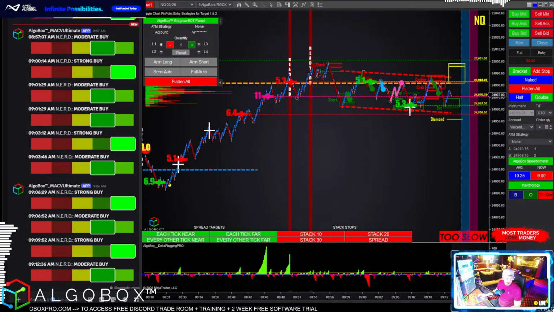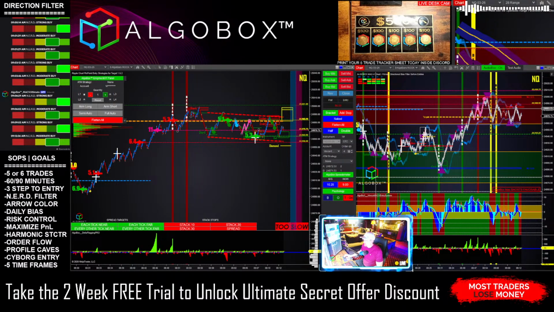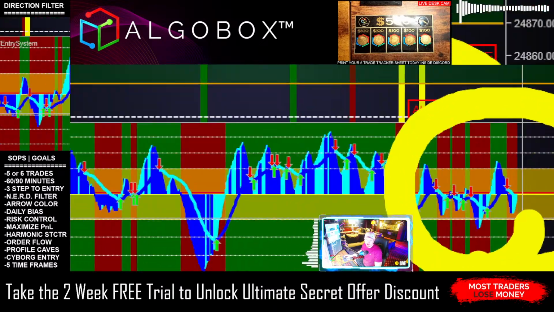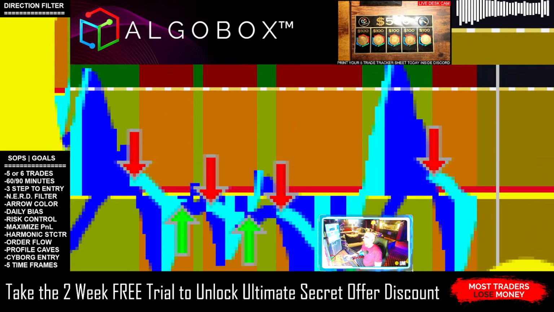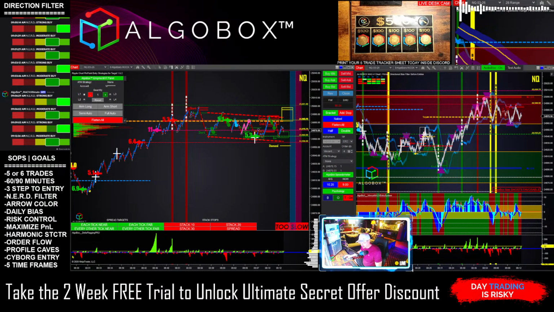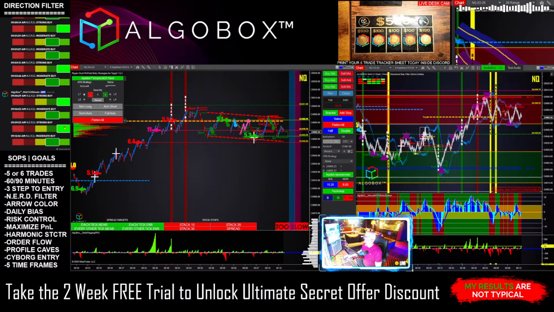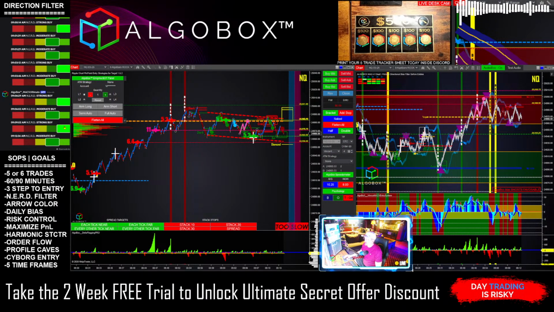Over here on the higher time frames, let's zoom out one level here. And my 2-filter strategy for direction is the nerd plus the arrow. I'm referring to the arrow. I'm going to be looking right down here at the most recent arrow that's shown up here. This one is currently red. And on our direction filter, up top here, we can see we've got green. So the 2 items for filtering are in conflict right now, so we do not have a bias direction for the current next play, and we're sitting around this open line, the nope. So I'm gonna be sitting here for a couple minutes.